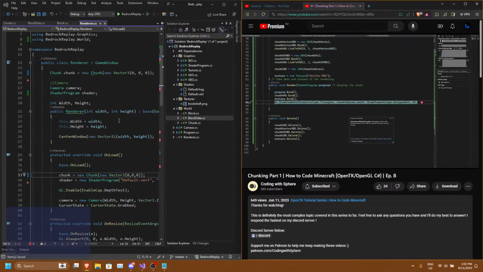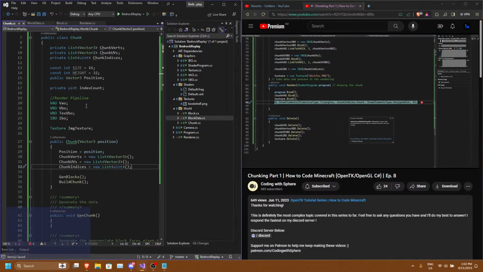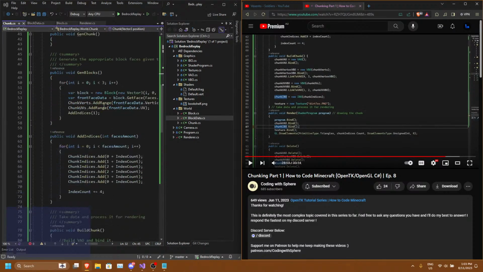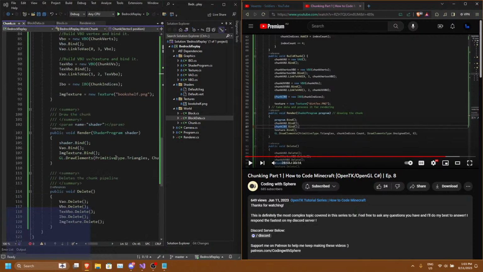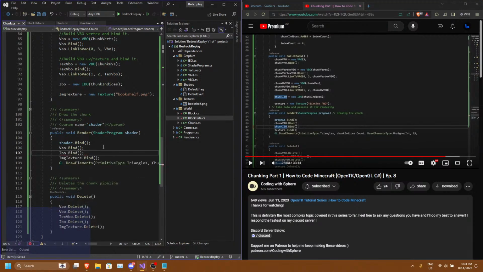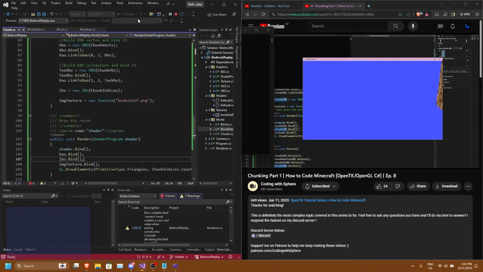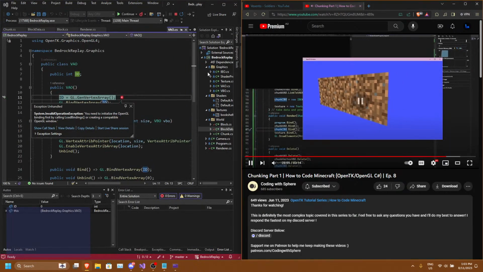And now we have one more error, attempted to read or write protected memory. So let's see what this is. Often an indication that other memory is corrupt. Interesting. Alright, so I found the error. It's pretty stupid. I forgot to bind the chunk. Okay, so he's got the render. Oh, yeah, that's right. IBO. So now if we run this, what we can see is if we turn around, we have our